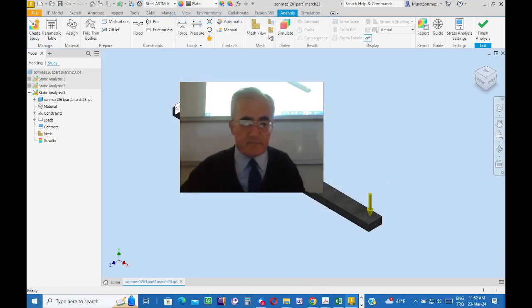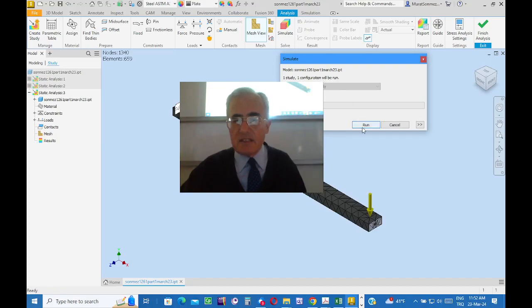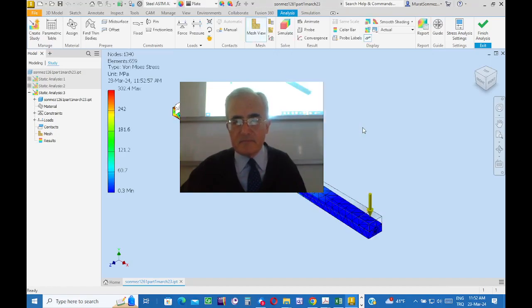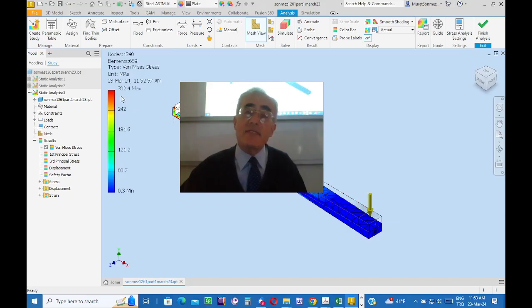And then, okay, run the problem. Mesh, again, I'm going to use the default mesh. Okay, run the software. Click, and then say run. And then the maximum stress, as expected, is in the vicinity of the fixed connection, but unfortunately it says 300 megapascal. The yield limit for the material is 248 megapascal. This number highlights that